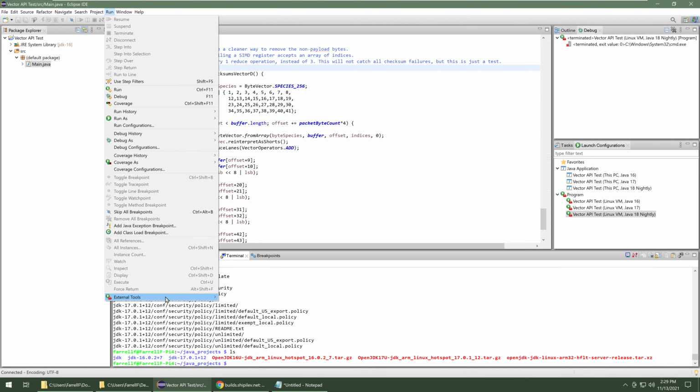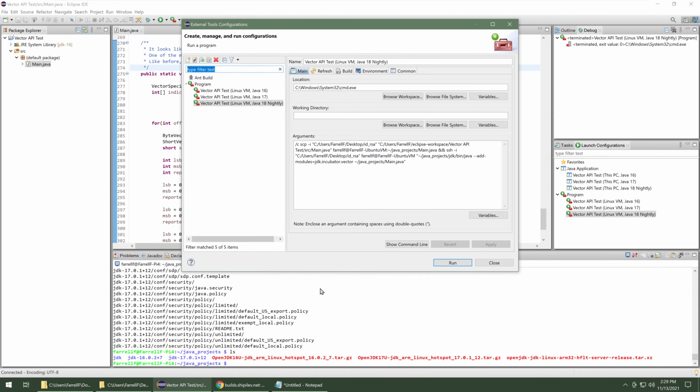So you go to Run, External Tool Configurations. We can just duplicate one of these, so we'll select it, duplicate. All right, so all I needed to change was I changed the name to Pi 4, and then I changed the host names to match my Raspberry Pi. So in my case, it's F-Pi 4. Use whatever it is that you're using. The default host name is Raspberry Pi. Anyway, so we click Apply,